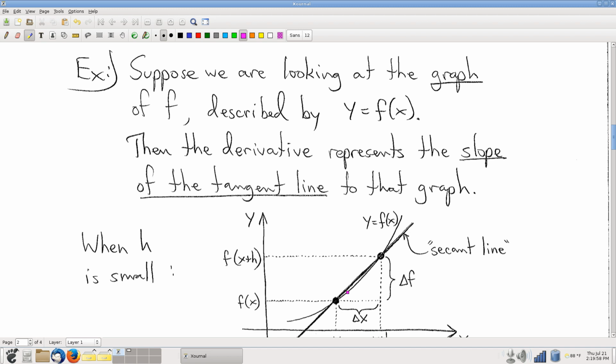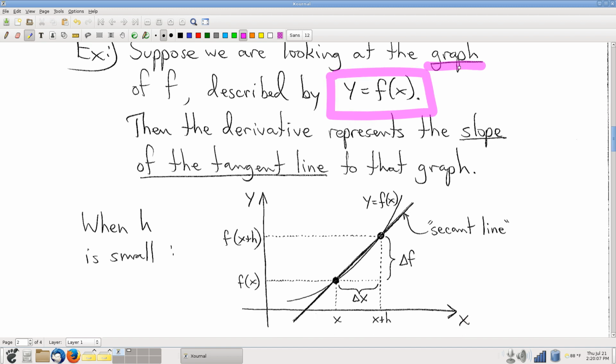We'll start off with looking at the graph of a function. So specifically, keep in mind the graph of a function described by this equation. And so height, right, the y-coordinate, is used to represent the value of the function f, and thus we have some curve. Okay. Well, now let's look at our definition of the derivative. It says we're looking at the values of the function at time x, and then some time later x plus h, right? And looking at those two points,